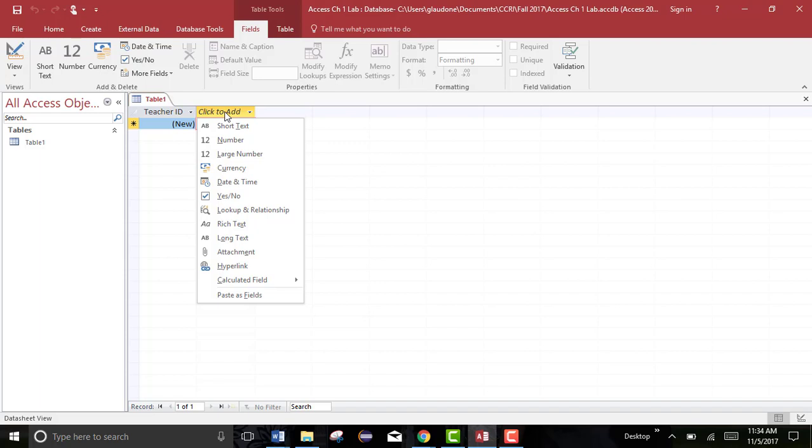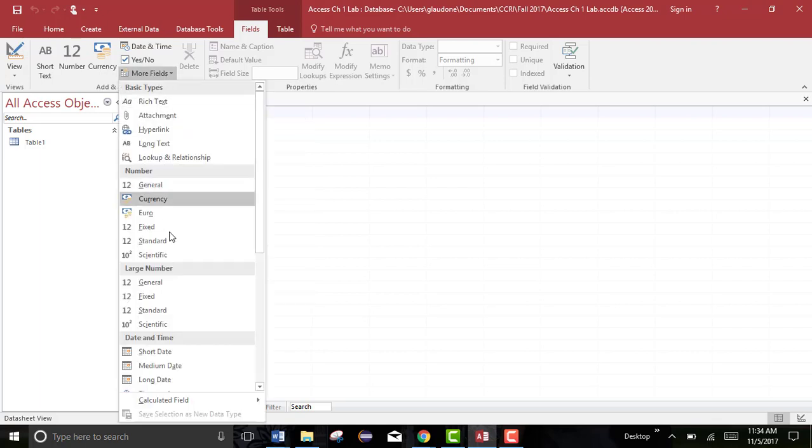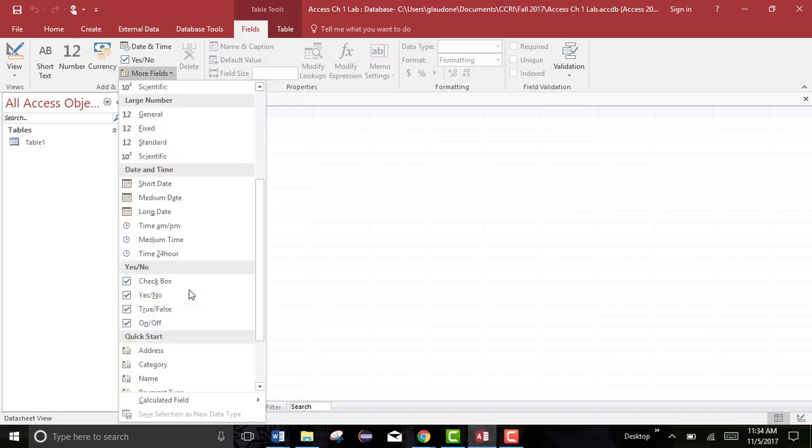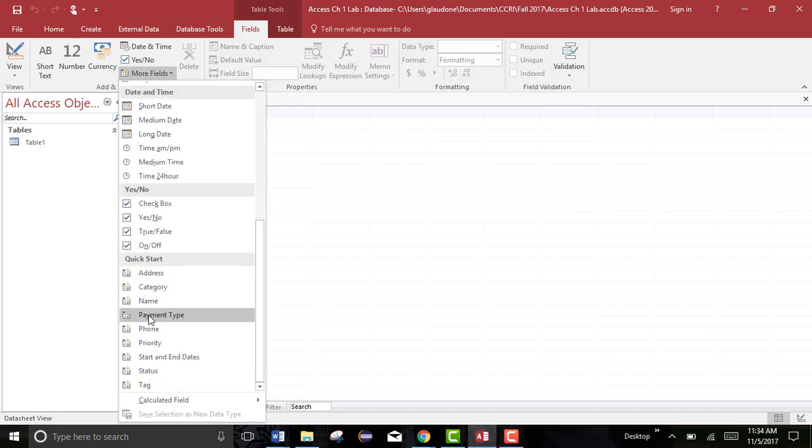The other thing that you have the ability to do, rather than picking a data type here, is under this More Fields area up here, if you scroll down, you'll see they have these Quick Start categories. The idea behind a Quick Start category is, let's say you pick address. It will actually put 3 fields in. It'll do address, city, state, zip. I think it's actually 4 fields. So it'll put a group of fields in for you,